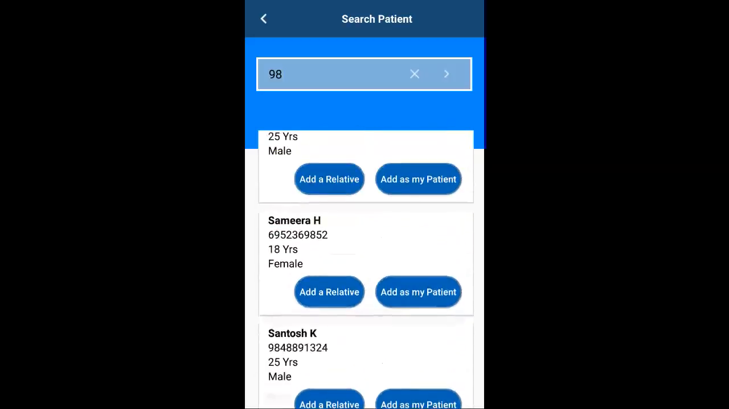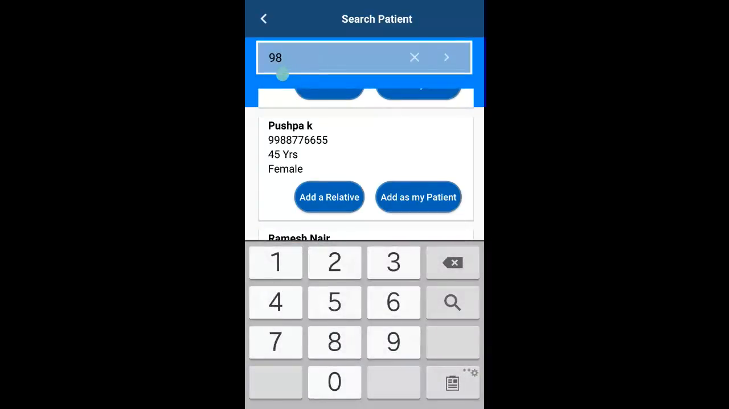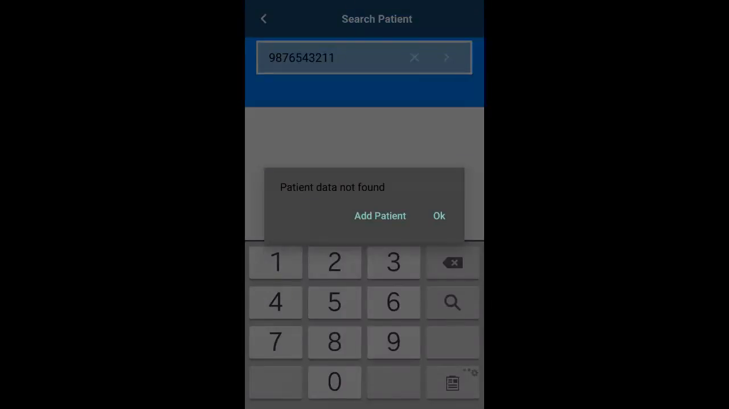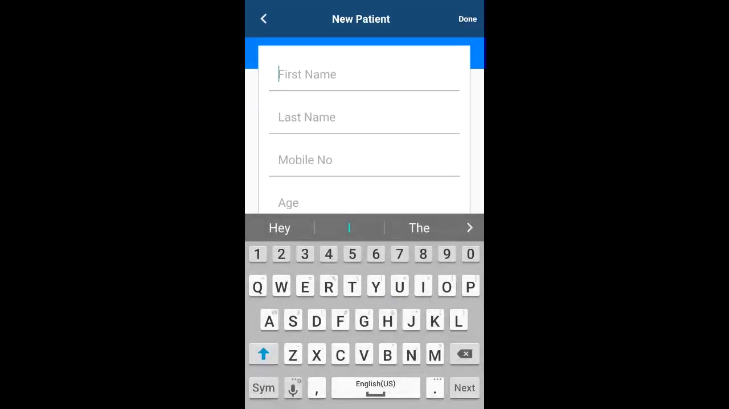So those are two ways that you can add a patient or assign an existing patient in the community to yourself. But what if you do not find a patient who is not in the community, who is a new patient? So for example, I again search that patient by the phone number. So now with this phone number, I don't have a patient. So then I can go ahead and add patient, and then I can give the patient's name,